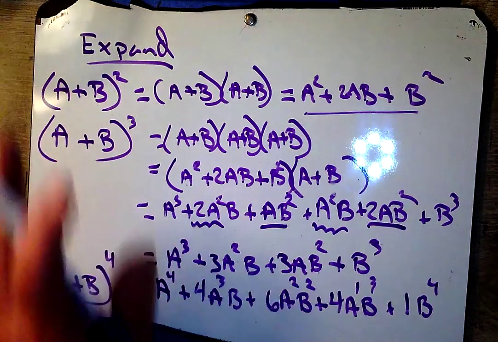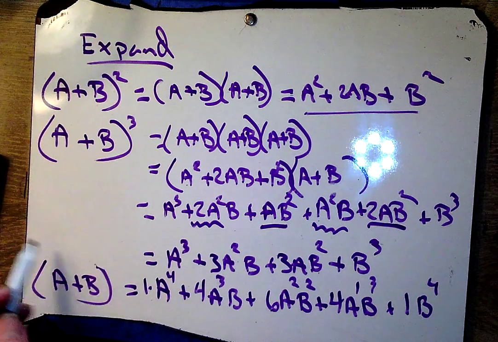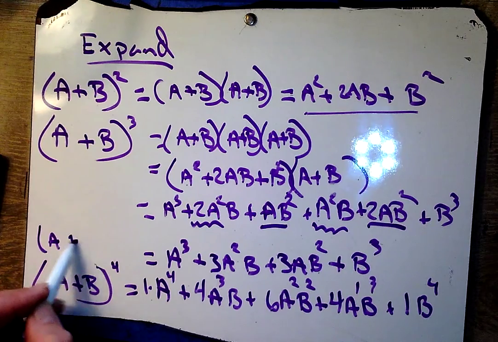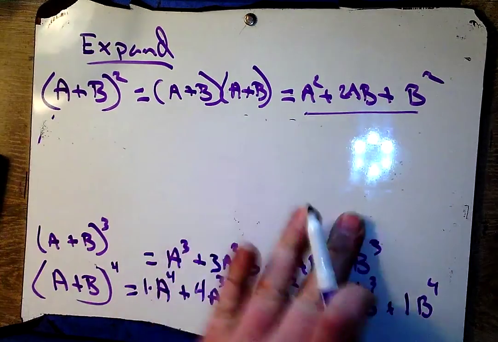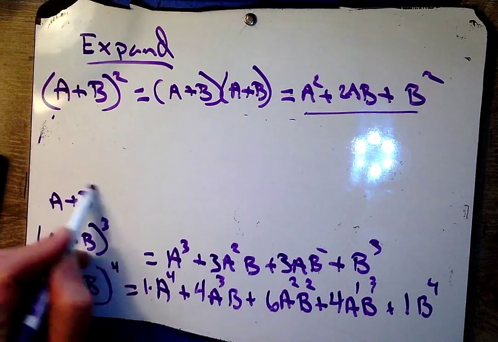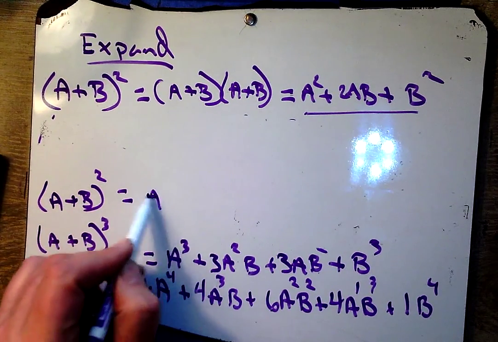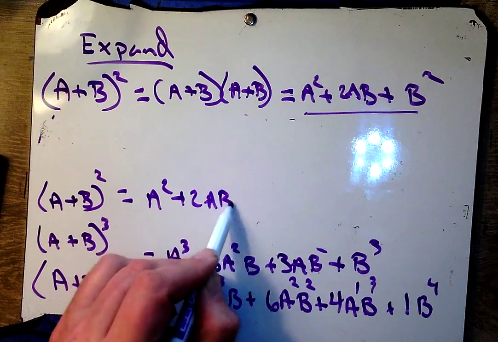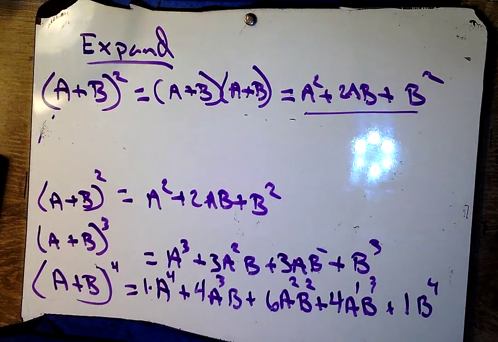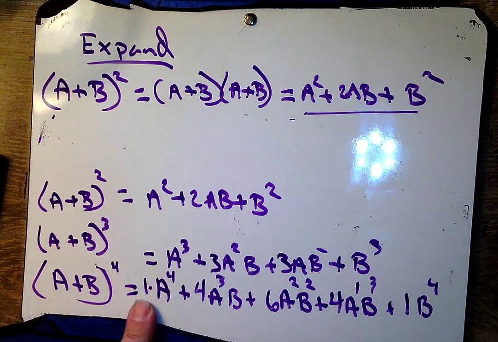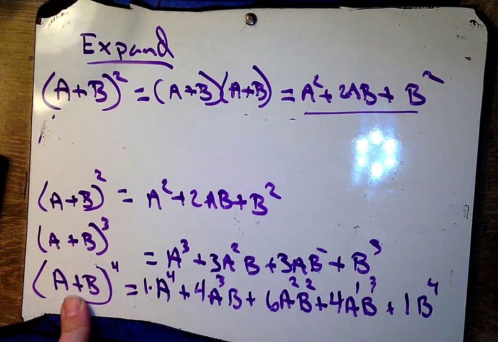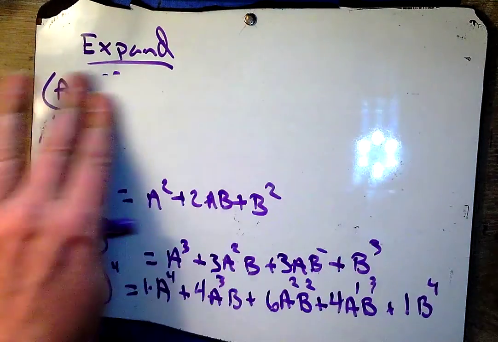Okay. So here's what I want you to remember. This one, a plus b squared, is a squared plus 2ab plus b squared. All right? So my question for you is, how was I able to do this one without actually multiplying a plus b times a plus b times a plus b times a plus b? And the answer is